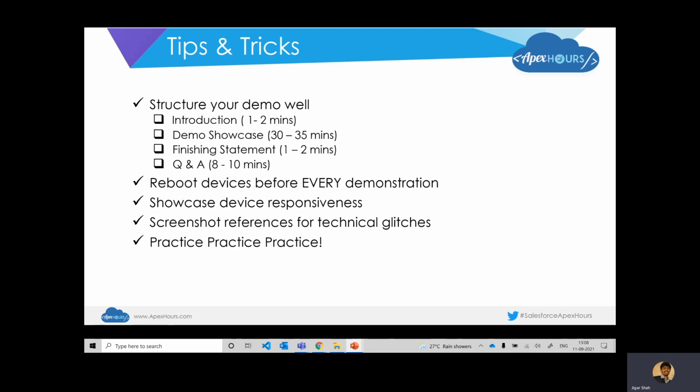So with that, a few quick tips and tricks in terms of acing your Salesforce demonstration. I think it is very important to structure your demonstration, right?